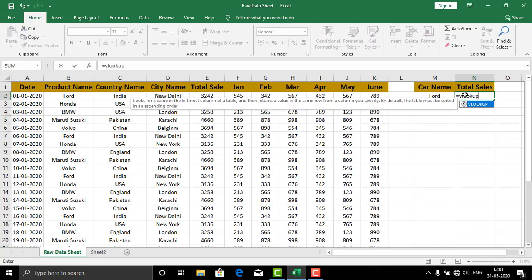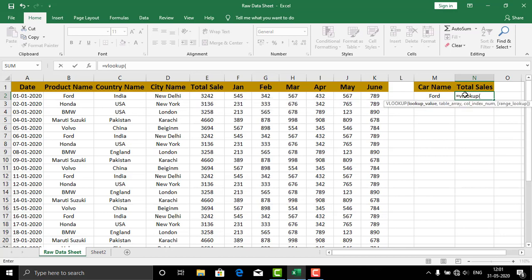Equal to VLOOKUP, then open the bracket. We select our lookup value, so my lookup value would be Ford. The table array will be the range which contains my answer. Make sure that it starts from the column which contains your lookup value, which is Ford, comma,